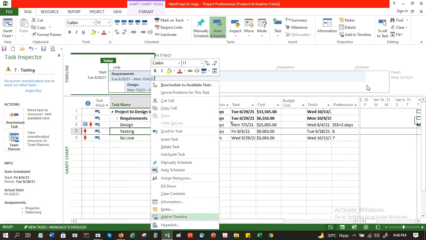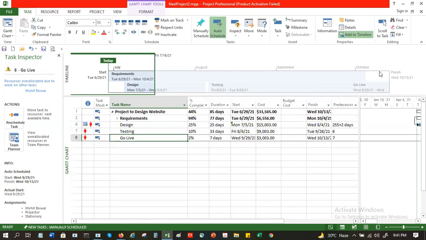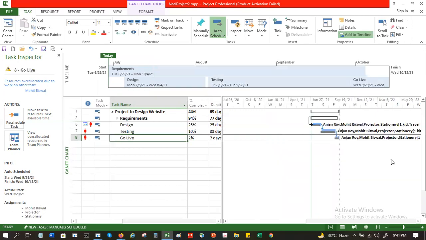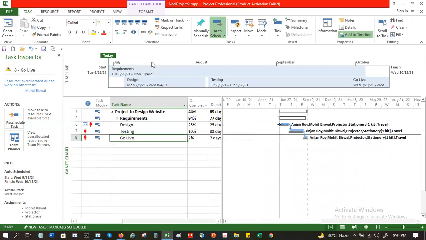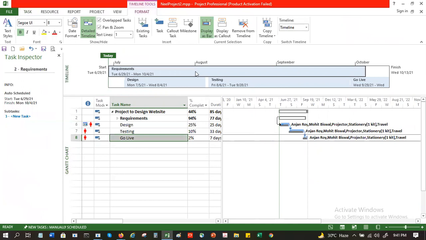So all these activities are mapped right in front of you. In a Gantt chart, often you have to scroll down to see the entire timeline, but here with this timeline, you can view everything.